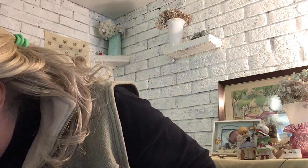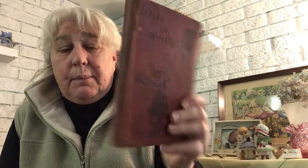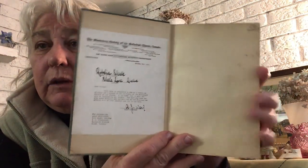Okay, what else did I get? That's that for there. Oh, out of the free bin in one of the stores, I got three really nice, well, I think they're cool, books. This one's falling apart. It's having a hard time. But this one was published in the 20s. This one was published in the 30s. And this one was published in 1912. And it has a really neat thing in the front. It's inscribed, and it was given to a person who